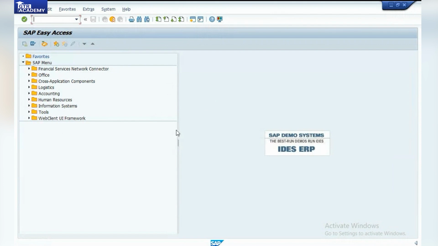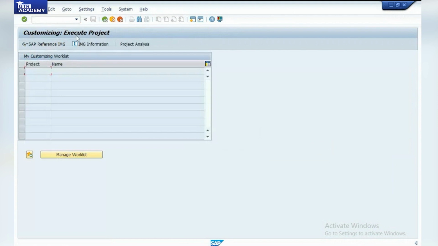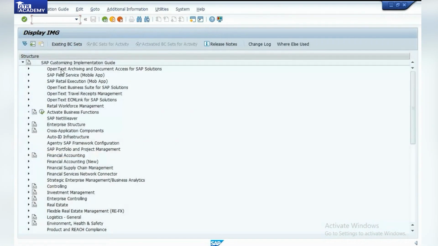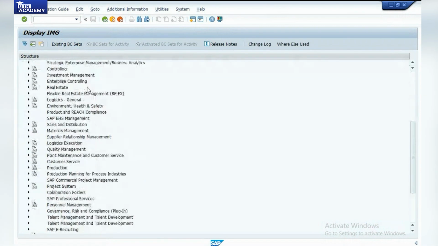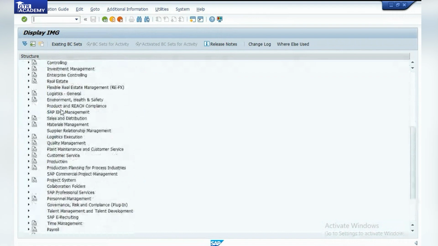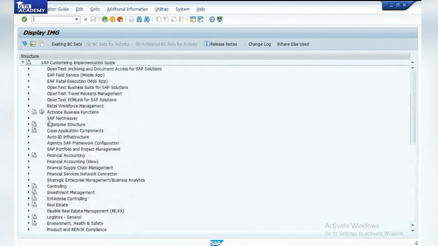We have the n number of steps. From the starting, you can see the enterprise structure. Whatever the client, company, and plant, all this comes under the enterprise structure. Whatever configuration we are going to do in the SPRO settings will come under the development one. That is a new thing. For example, material types,